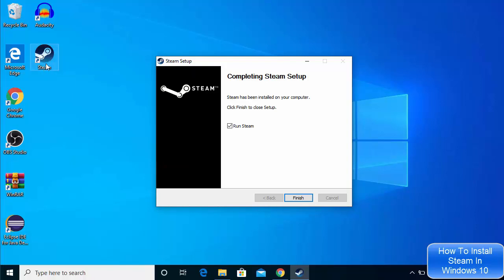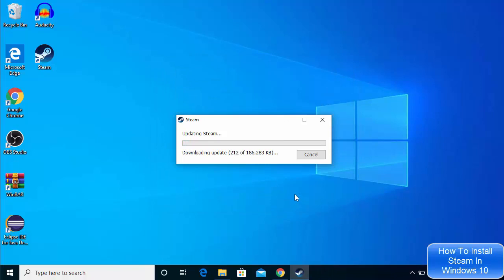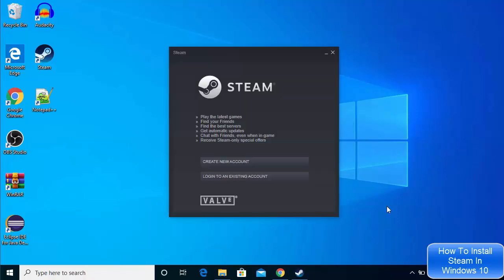So you can see this icon is also created on my Windows desktop, and you can see this checkbox is already checked. So when I click on finish, Steam will launch on my Windows 10 operating system. Now at this point it's going to say downloading updates, so you need to wait for some time for those updates to finish. So now after some time I can see this window where